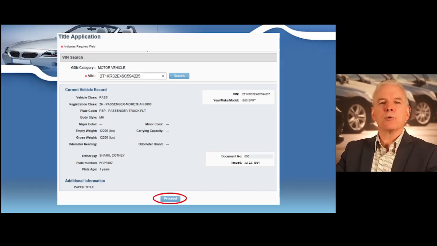If a motor vehicle record exists in the department's registration and title system, the current vehicle record information will display. You must use this information for verification against the title that's been provided to you. Once you verify the vehicle information is correct, you may select the Proceed button to advance to the Seller Disclosure